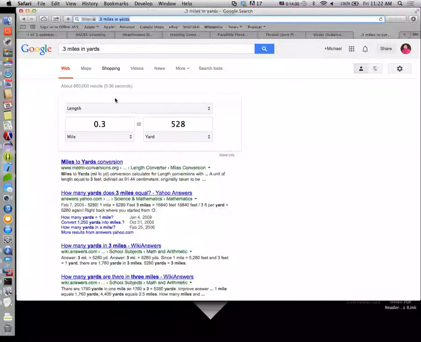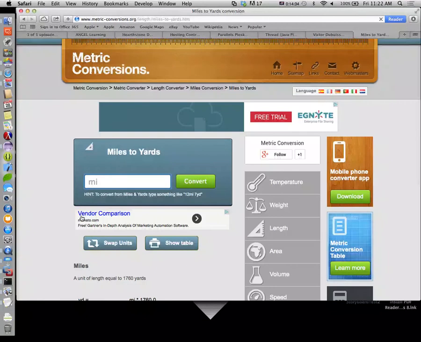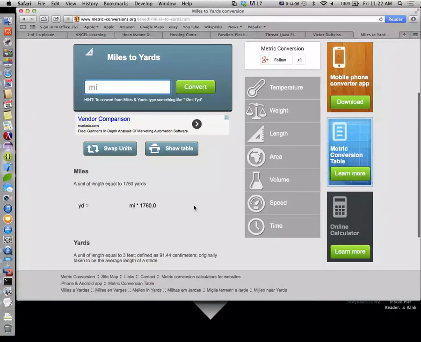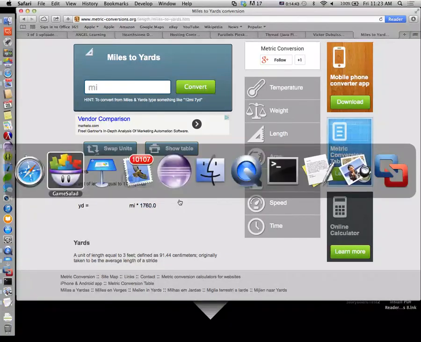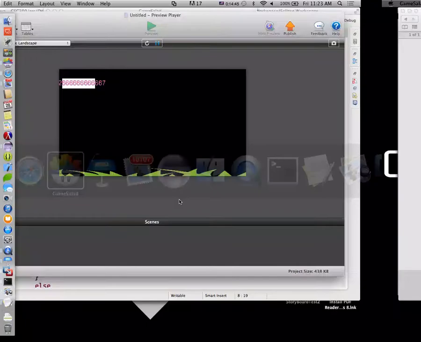Okay, so let's look at the miles to yards conversion, so it can actually give us the numbers. Wow, 1760. So miles times 1760. So we just got to multiply this by